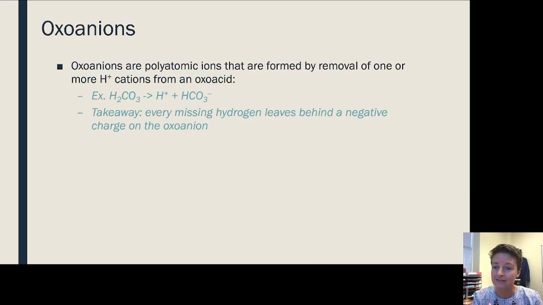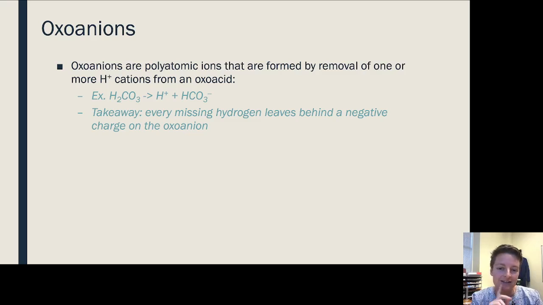Once I know about oxoacids, I can also start to think about oxoanions. Oxoanions are polyatomic ions that are formed by removal of at least 1, but maybe even more H+ cations from an oxoacid. So one example of how an oxoacid could form H+ and an oxoanion is if we take something like H2CO3, which if you started to pay attention to our reference acids, is called carbonic acid. So if carbonic acid leaves behind an H+, well, that electron that we lost from H+ has to go somewhere, and it stays behind with the oxoanion. And so what we'll be left with is